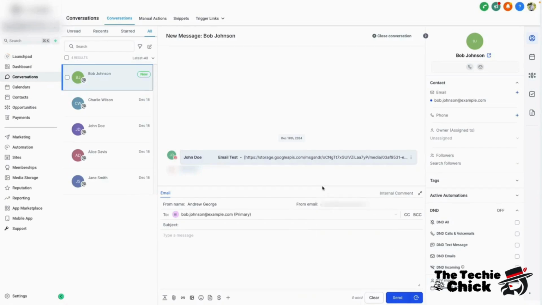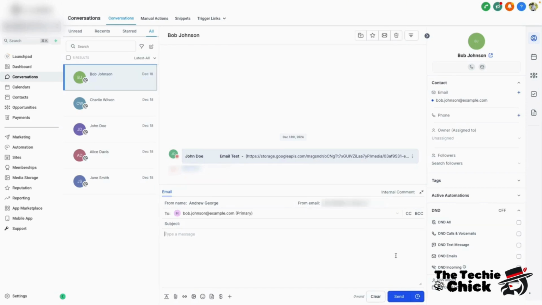And best of all, it'll sync up with your Gmail or Outlook inbox so you never miss a conversation. Your email that you just connected through either Gmail or Outlook should populate right here under From Email. Once you've confirmed that your contact info is good to go, you can write a subject, type a message, and then click Send. And don't worry, any emails that you receive from your contacts will automatically sync with the Conversation Manager so you can seamlessly manage your sales